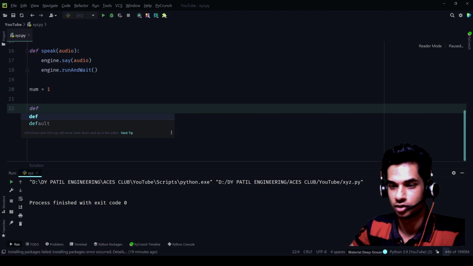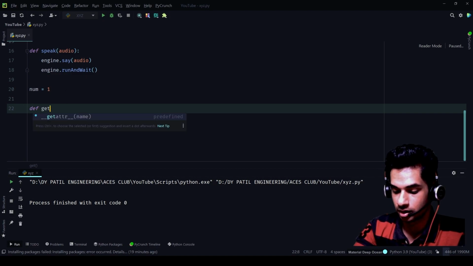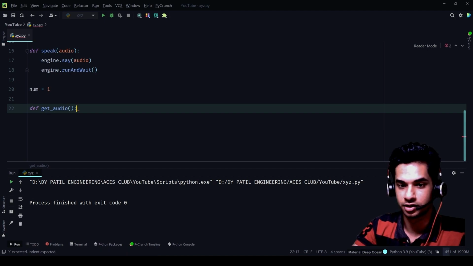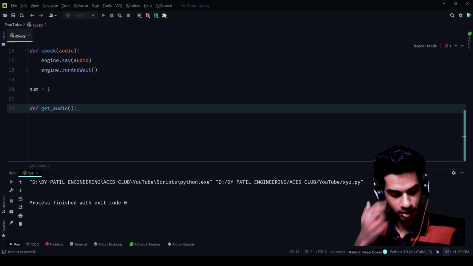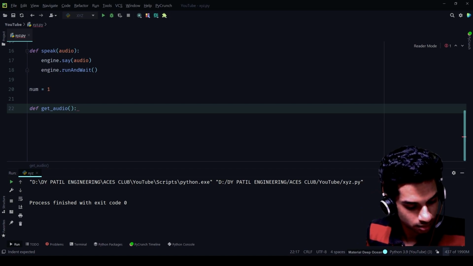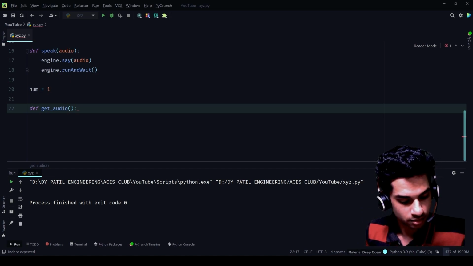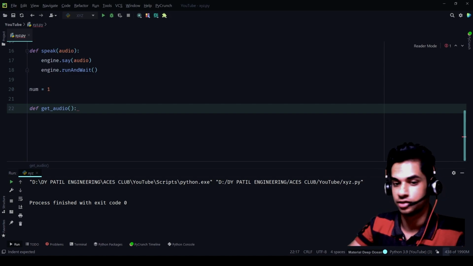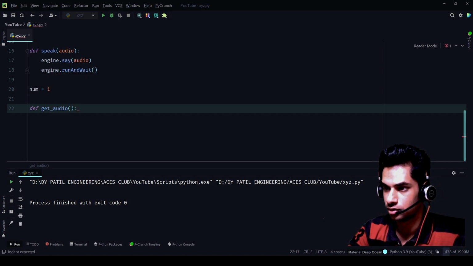We'll create another function called the get audio function. This will be the function which is going to listen to what we speak and translate it to text.